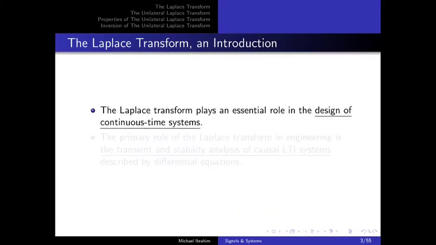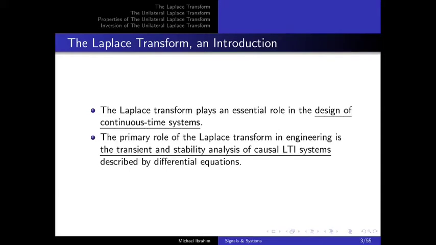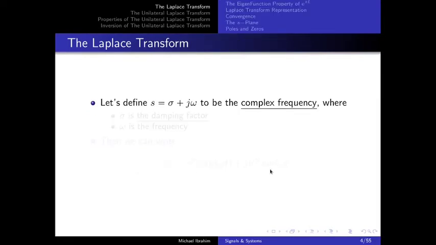The Laplace transform actually plays an essential role in the design of continuous time systems in terms of determining the system properties like causality, stability, and position of poles will determine the frequency response of systems and so on. And the primary role of Laplace transform is the transient and stability analysis of causal LTI systems, which are described by differential equations. So first, let's define a complex variable s, where the complex variable s is equal to sigma plus